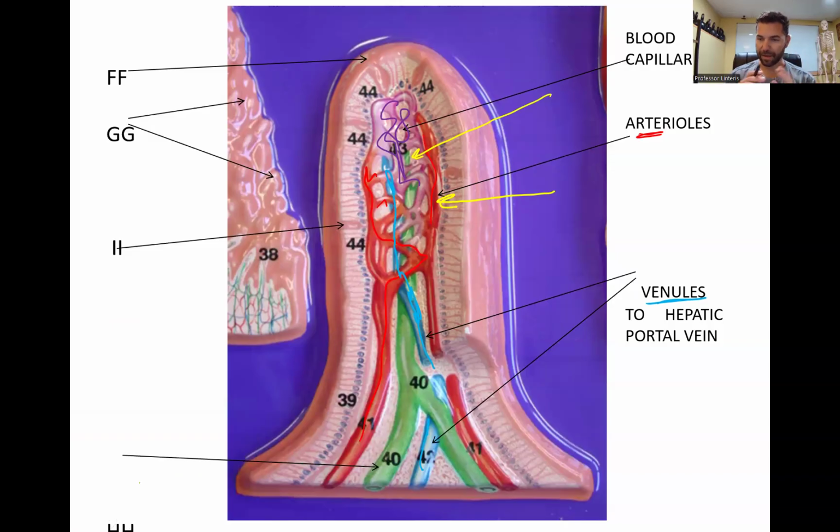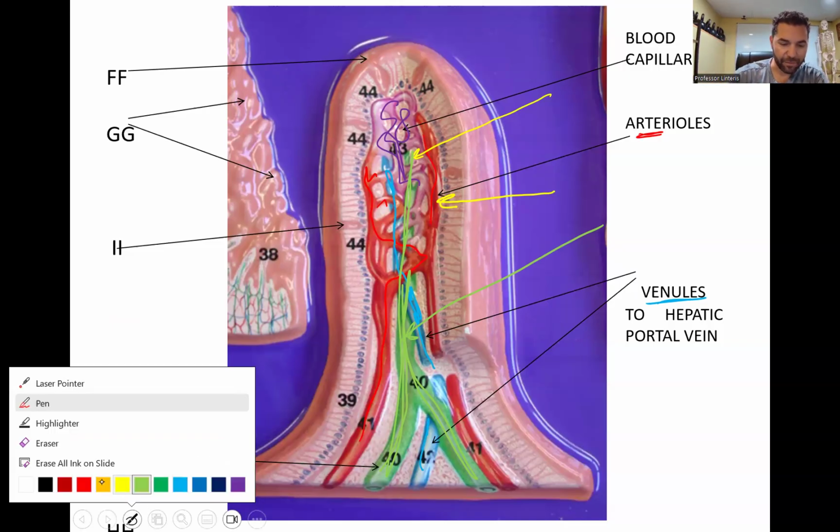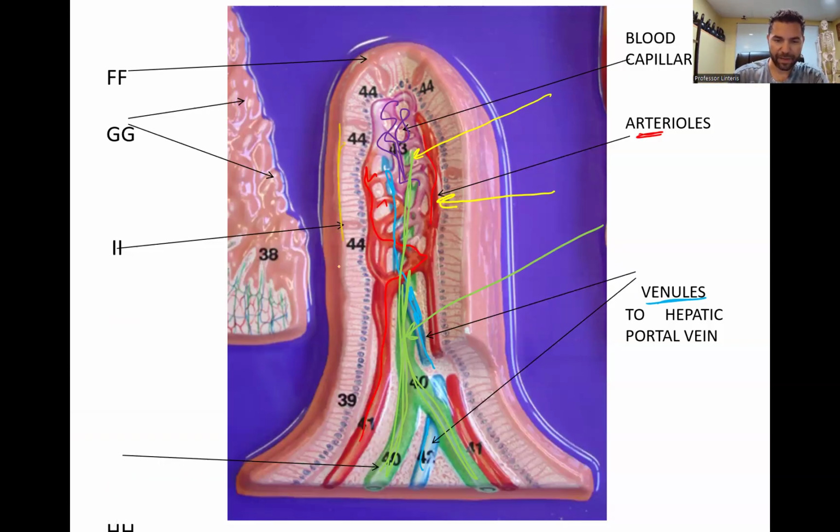Some stuff, fats specifically, will travel through the green structure. And the green structure is called a lacteal. So we should be familiar with the structures that make up these little microvilli and the blood vessels found within it. The only thing I did not mention, I mentioned it, but I didn't label,